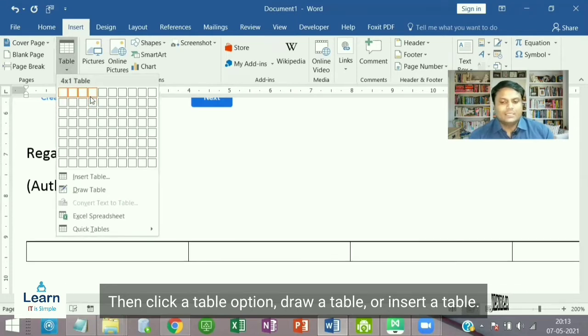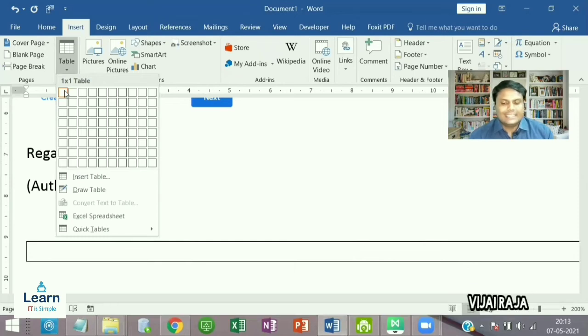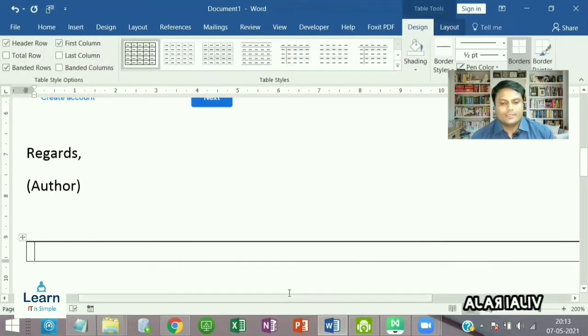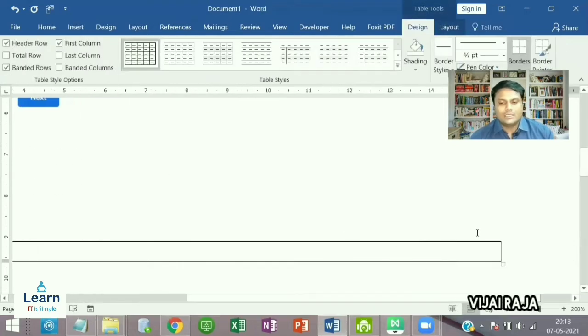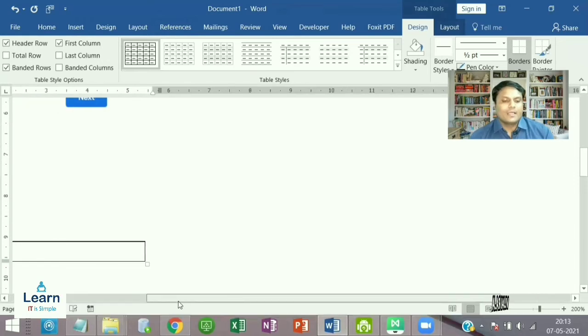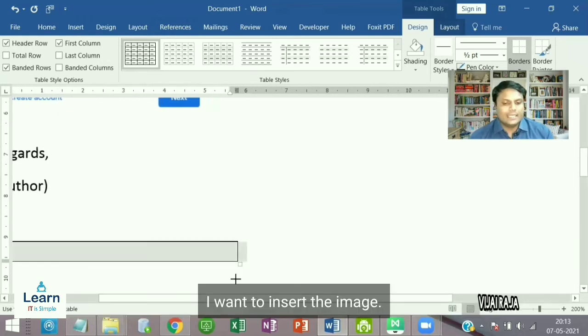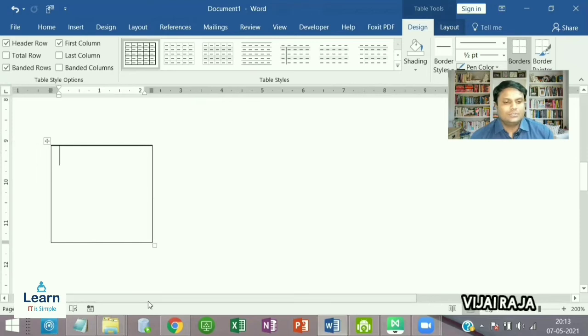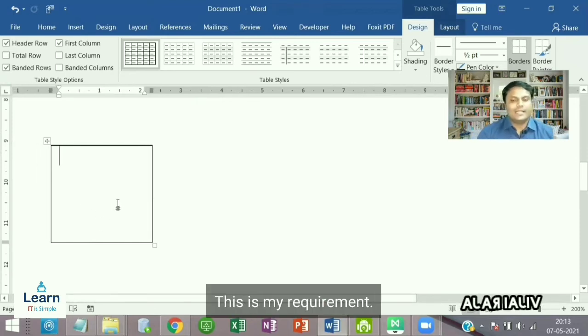Draw a table or insert a table. Select single row and single column from the table dialog box. I will adjust the length and width of the table based on your requirements. I want to insert the image to this size. This is my requirement.